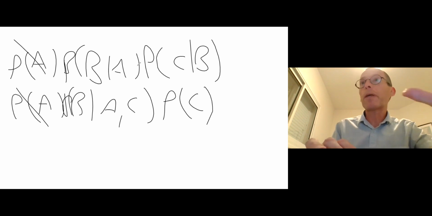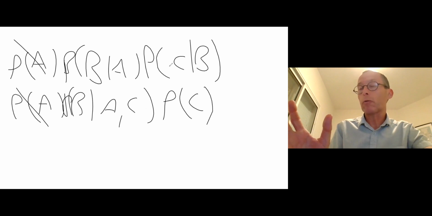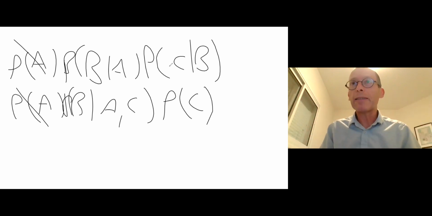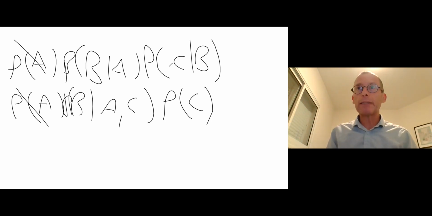Unless you assume something about the relationship between these, you cannot always say that P of B given A, C times P of C is P of B given A times P of C given B. That's not always true. It's true under some assumptions about the relationship, but it's not something that you can say based on the probability assumptions, or based on the chain rule, for example. If we use the chain rule, or actually the opposite of the chain rule, it will not be something that we can derive unless you make some very strong assumptions that you're not allowed. So in this case, the answer is that